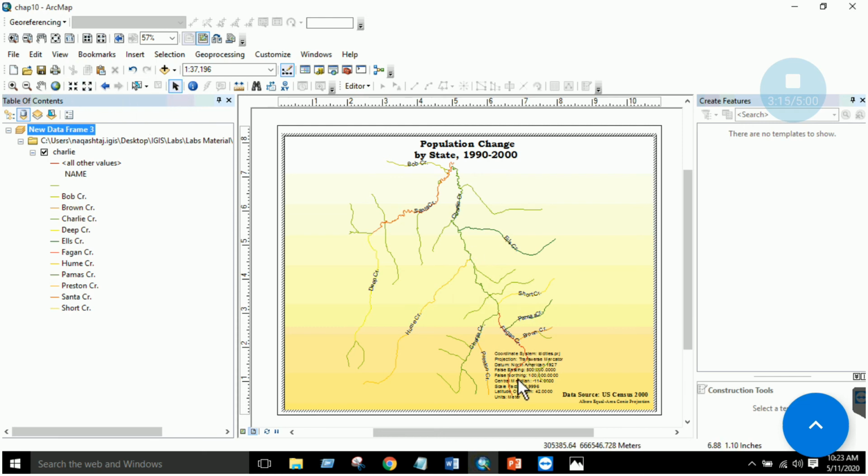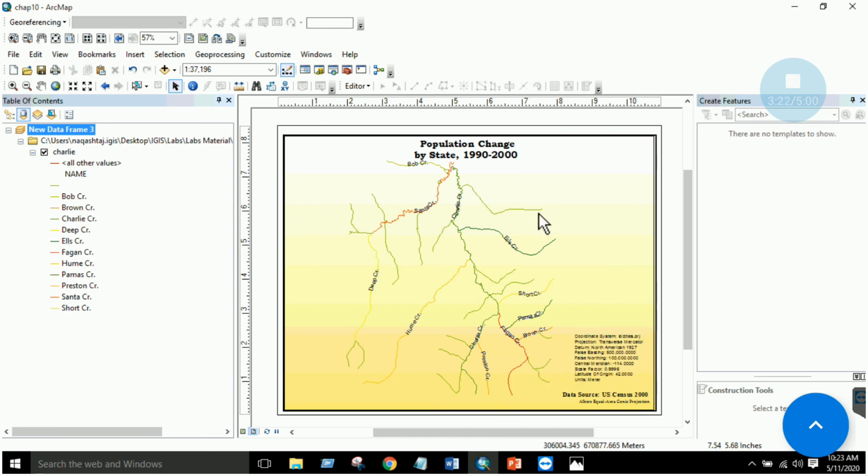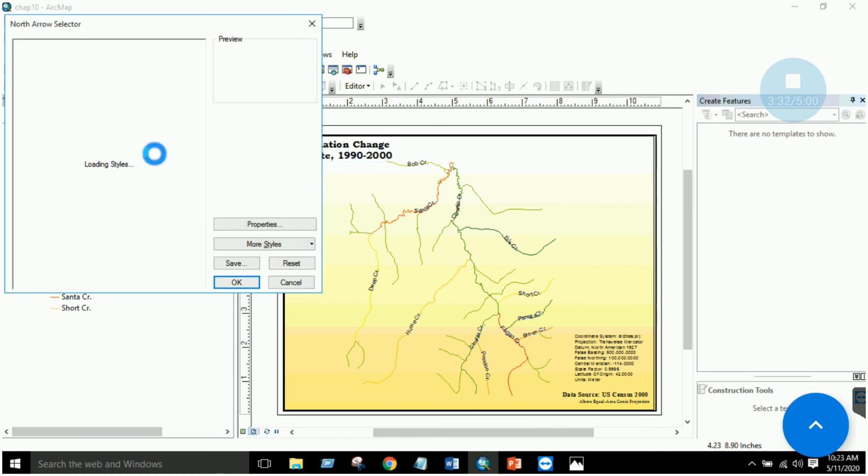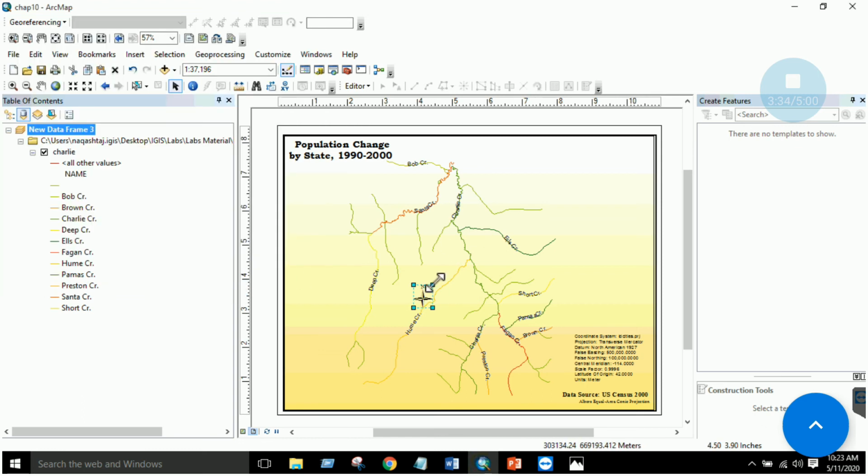If you want to change the projection information, set it to data, bring it to this side, for example, if you want to use the same title. And similarly, you can insert the north arrow, right? So you can beautify your map based on what requirement you have.